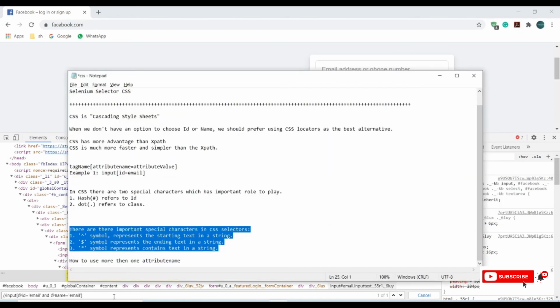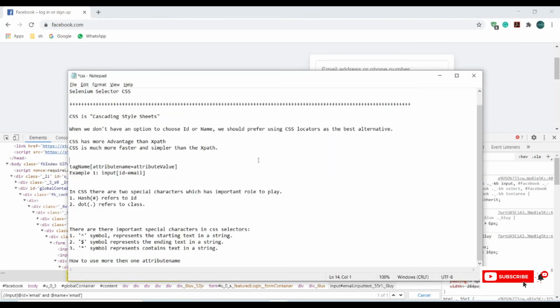So far we have seen what is a CSS selector and what its syntax is, and with examples how we can use ID and class with the hash and dot operators, and how we can use other special characters like the caret, dollar, and star, which are used to find the starting string, ending string, or in-between string values.